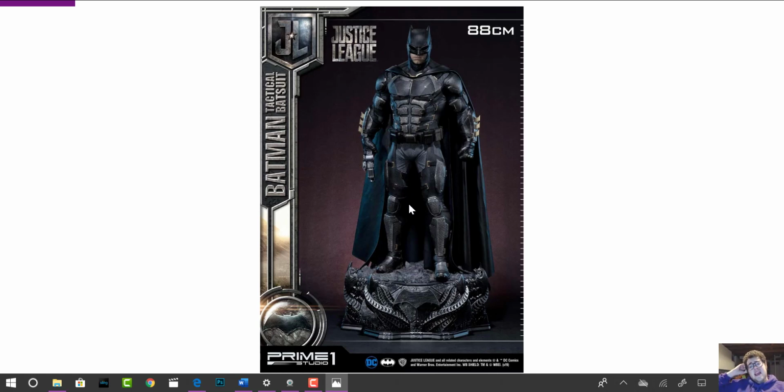And he's going to be 88 centimeters tall. I did do the conversions, of course, 35 inches tall. So basically, 1/3 scale. That's kind of their new 1/3 scale, 32 to 36 inches. Do note that his base is going to be rather tall, so he's not going to be 35 inches tall. The whole thing is going to be 88 centimeters or 35 inches tall. I would have liked a little bit of a smaller base probably, but